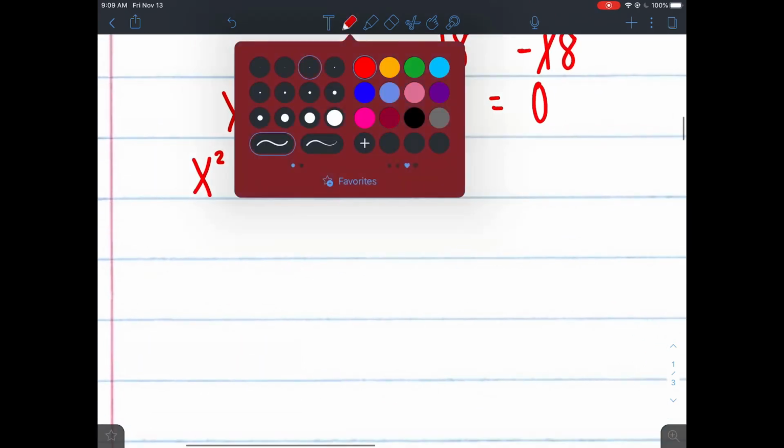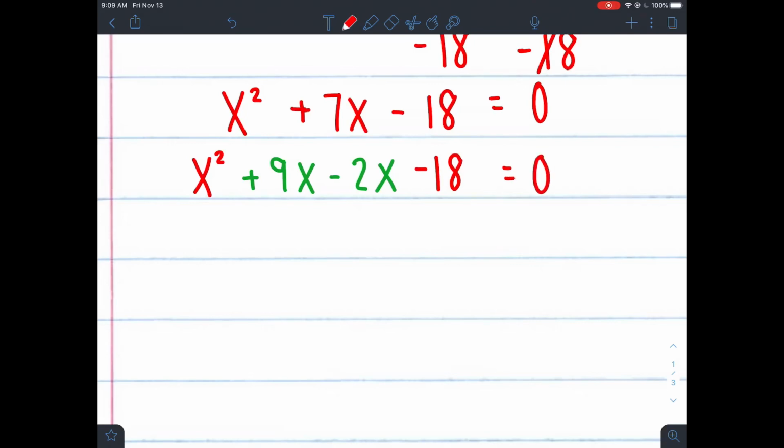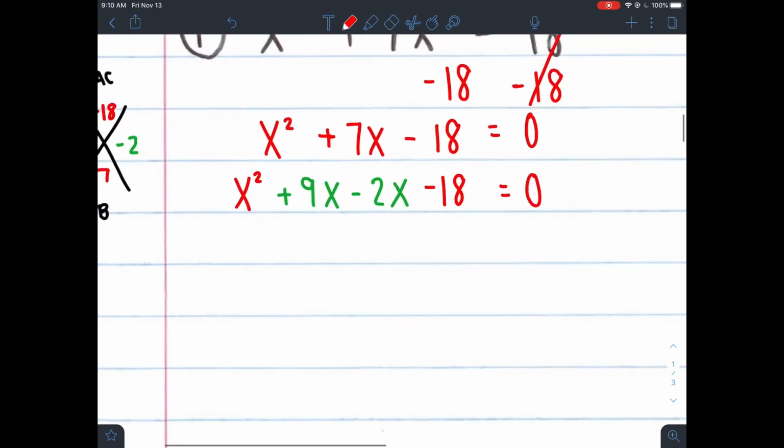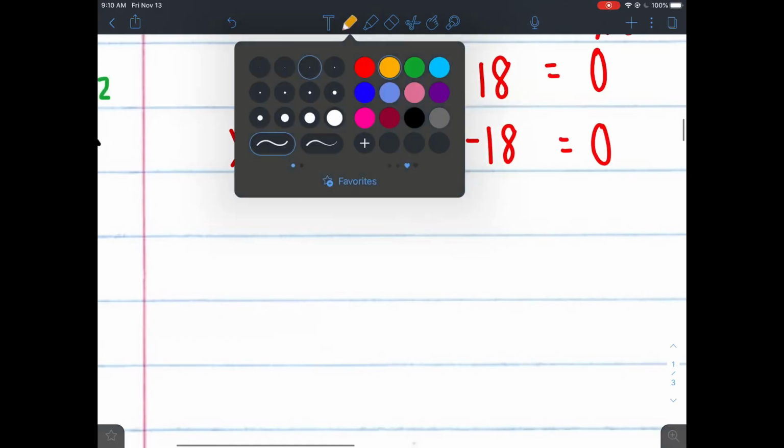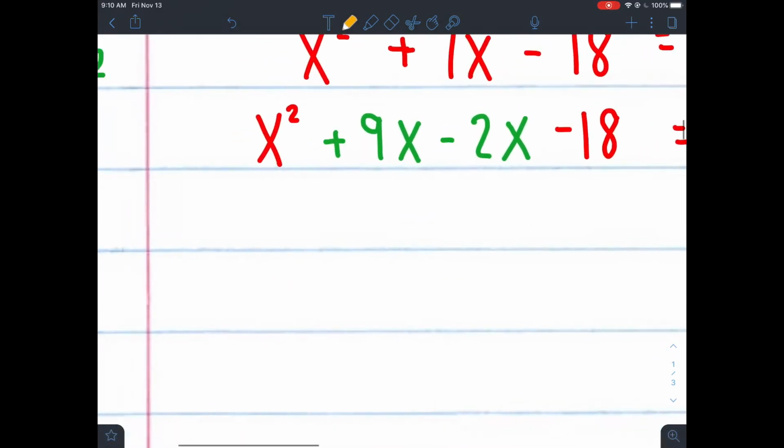All right, now again, that equals 0 is kind of irrelevant for now, but we're going to keep it there. So just keep it there until the very end. You don't want to forget about it because again, we're solving quadratics here. We're not just factoring. We're not in unit 6 anymore. We're actually solving stuff. All right, now once you're here and you have 4 terms, you can now factor